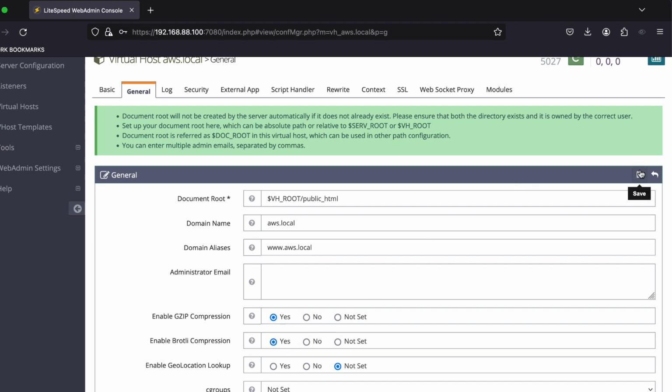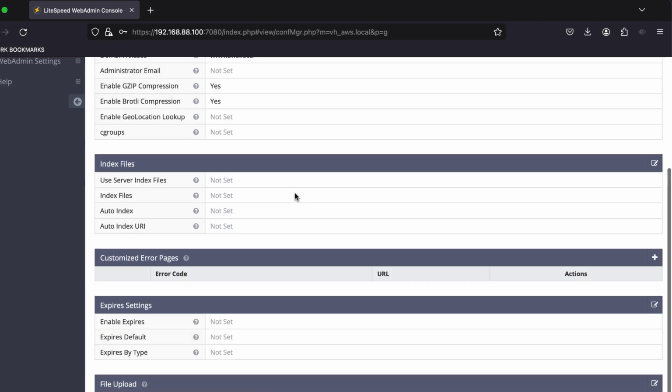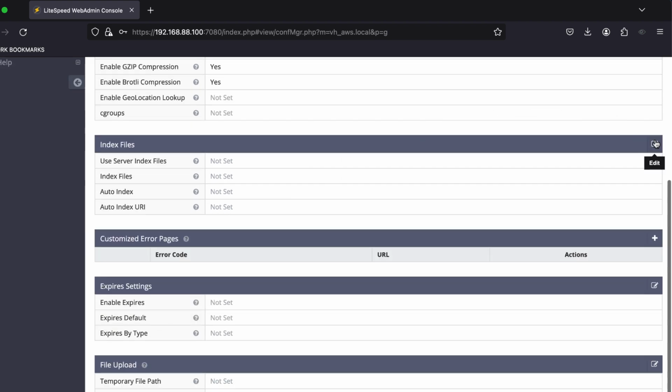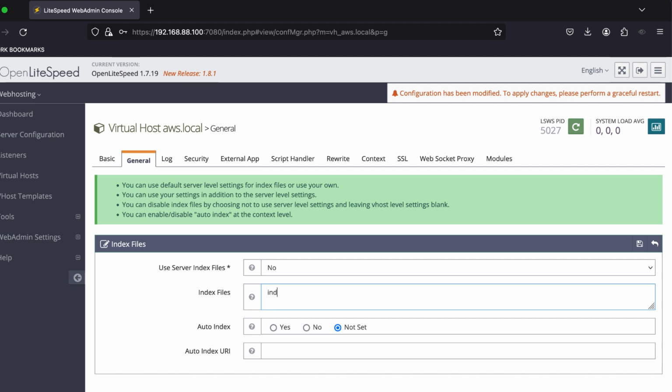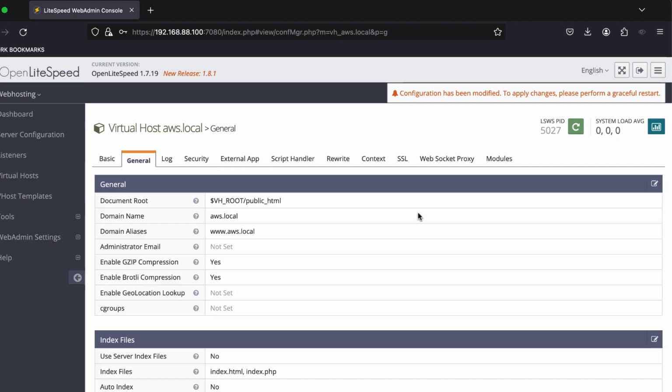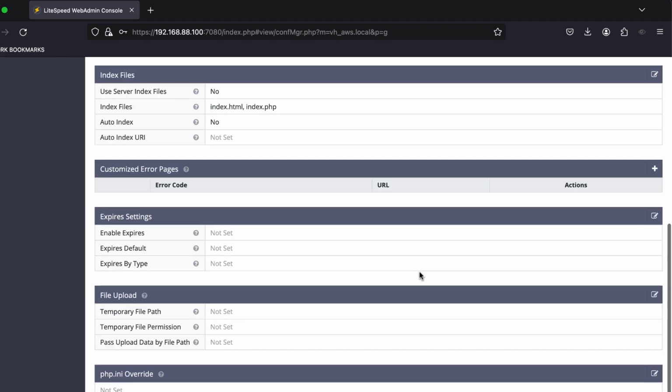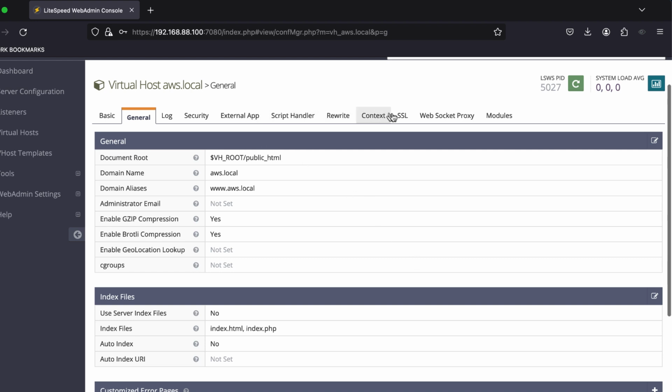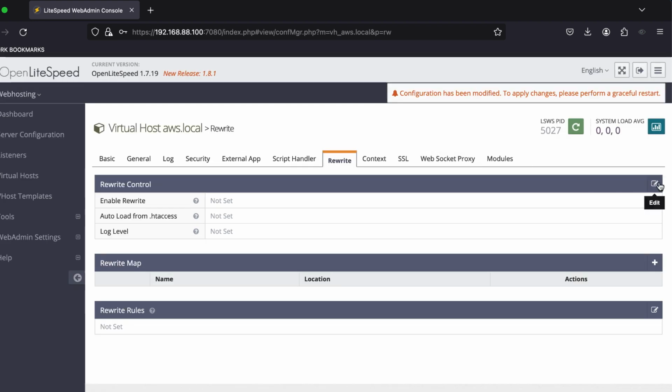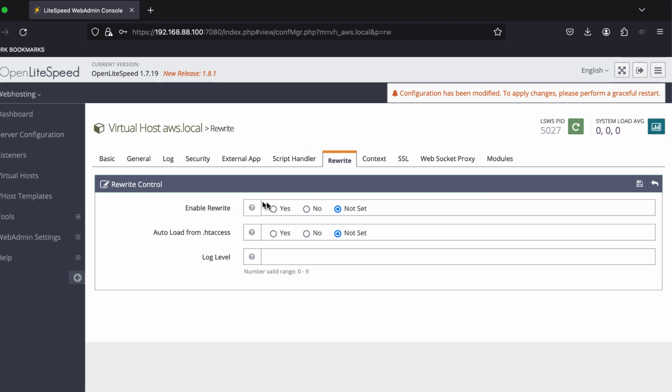Once this is done, you can then proceed to the index file section. Click on edit and then set the index file. That's going to be index.html and index.php. These are the two index files that the virtual host is going to be looking for when someone tries to access this site. I'm going to click the save changes button, and then we're going to move on to the rewrite tab. Click on edit and then set enable rewrite to yes, auto load from .htaccess to yes,